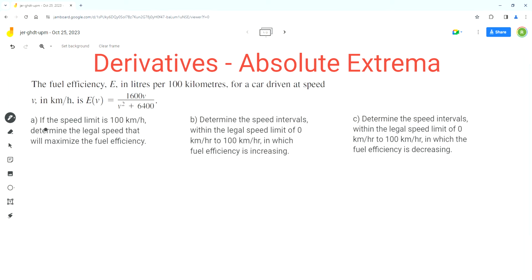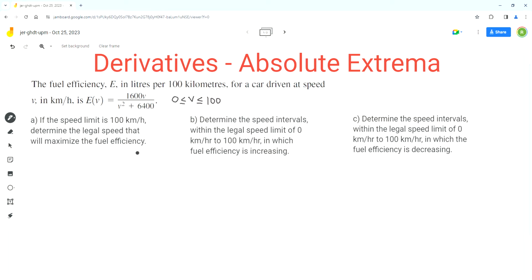Now we are given that the speed limit is 100 kilometers per hour. So that means we can use this value to write the domain for this E function. As per the given speed limit, the value of V can be greater than or equal to 0, because speed can either be 0 when the car is at rest, or a positive value, and the maximum value here is 100. So this is the interval for V in which we have to find the legal speed that will maximize the